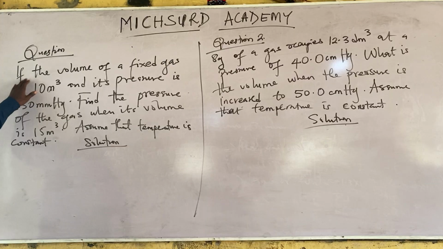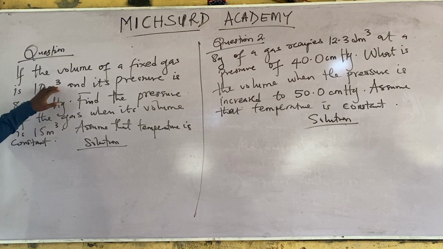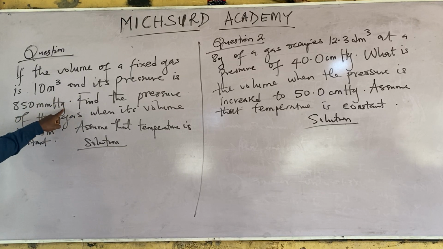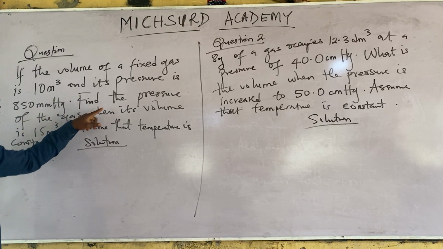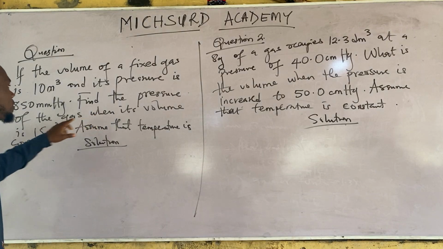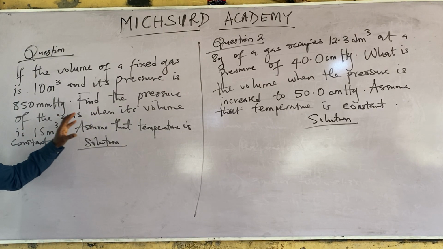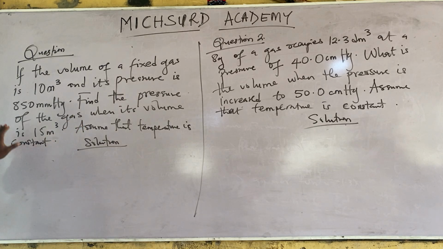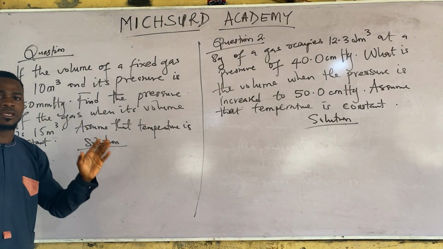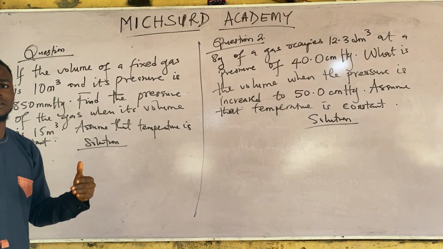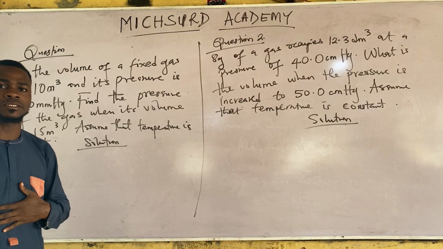It says if the volume of a fixed gas is 10 meter cube and its pressure is 850 millimeter mercury, then find the pressure of the gas when its volume is 15 meter cube, assuming that temperature is constant. So in our last class when we looked at Boyle's